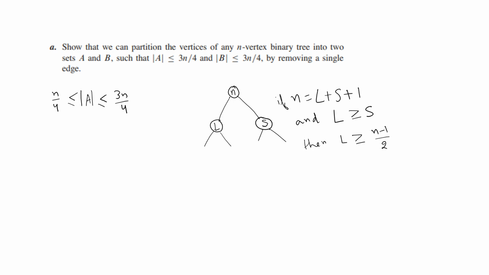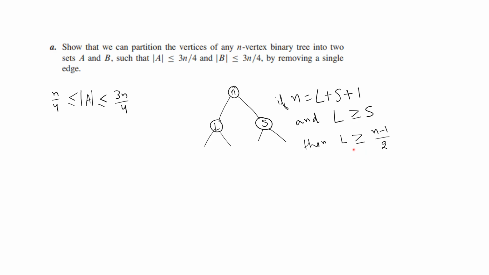So let's try to find a solution to this. Let's assume that there is a tree with root node of size n. By size I mean the total number of vertices in the subtree rooted here. The subtree rooted at the top node has size n, and the sizes of the two child subtrees are L and S, such that L plus S plus 1 is equal to n, which is kind of obvious. And assume without loss of generality that L is larger than S. L is for larger and S is for smaller. So let's say the left subtree is larger,